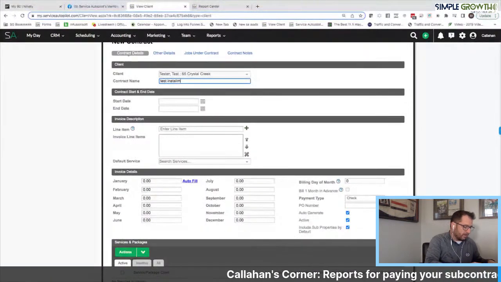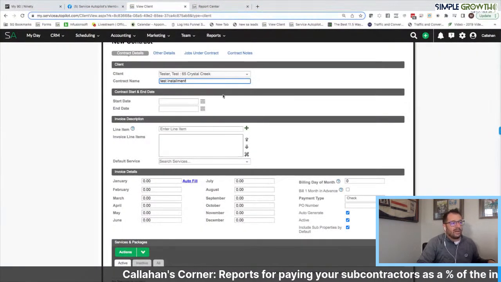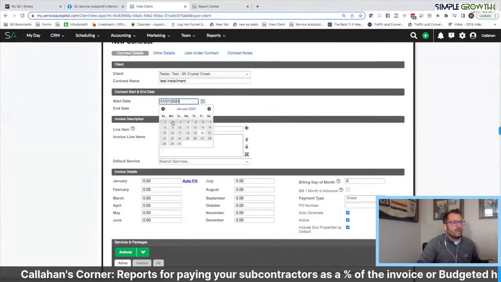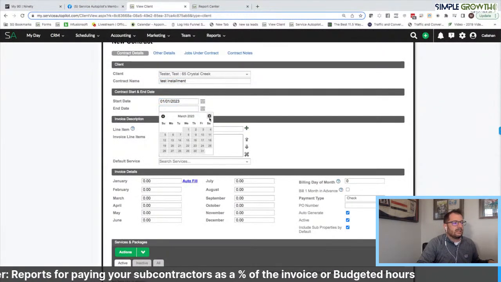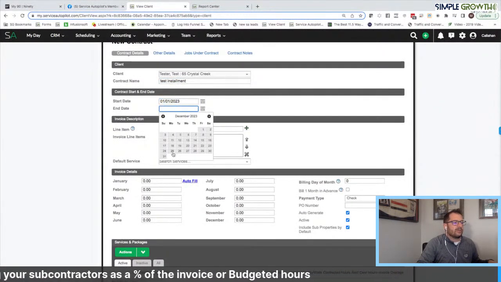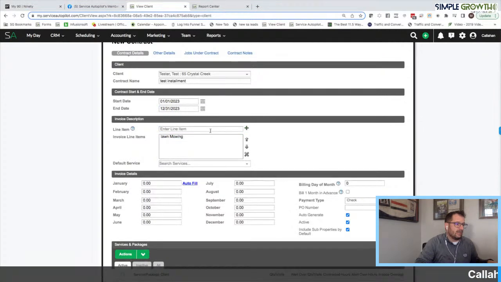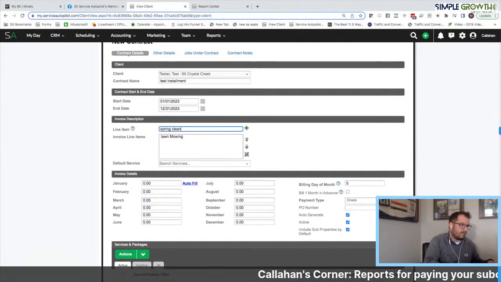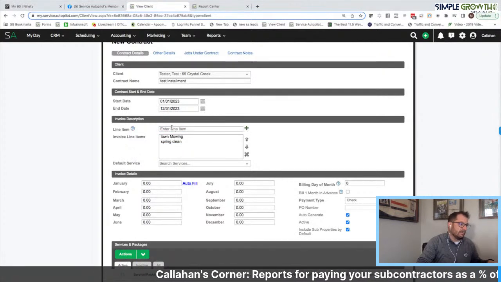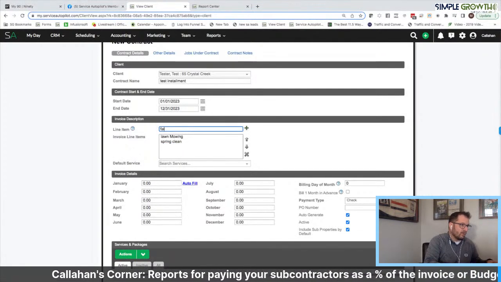And then I'm going to actually open up the report and show you how this is in. We're going to have a start and end date. So Jan 1 to, let's say, December 31st. And we are going to have lawn mowing and our spring cleanup and our fall cleanup. Now, there could be some other ones in here, but if you were like myself at